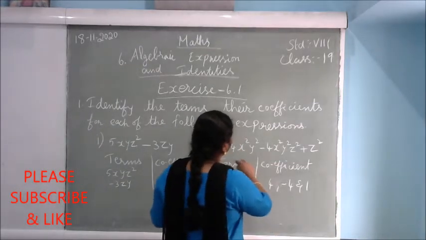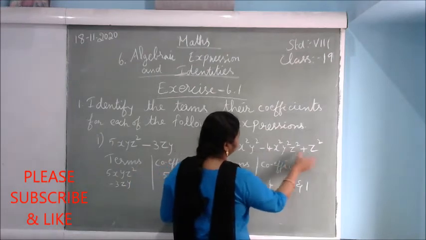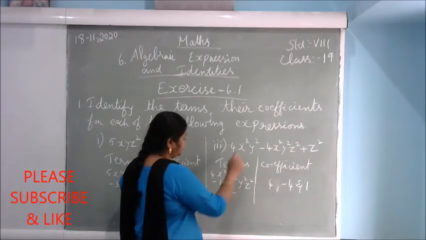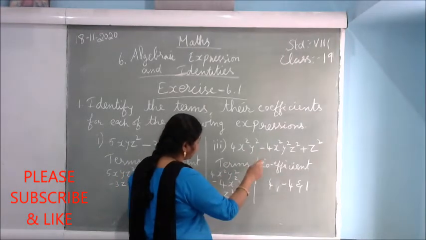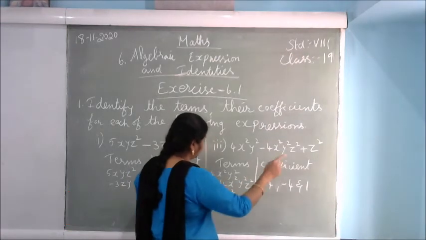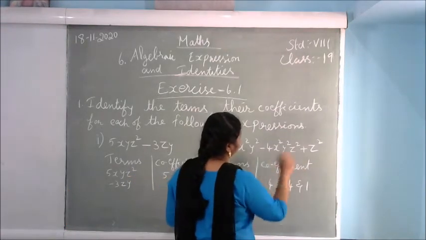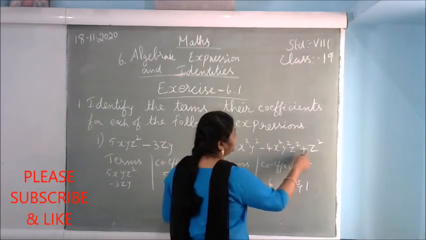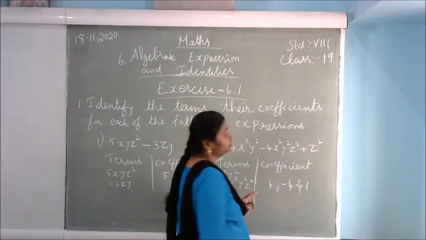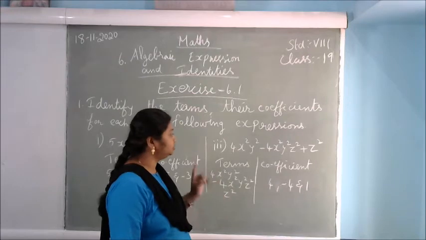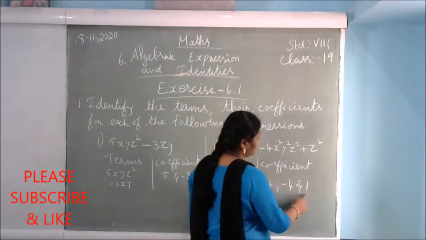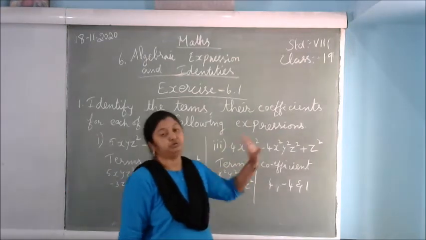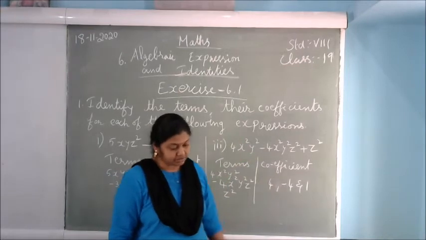Here see how many terms are there. This one is one term, this one is one term, and this one is one term. So separately you are getting 3 terms. So I wrote 3 terms here. The first term is 4x square y square. The second term is minus 4x square y square z square. The third term is z square. Then the coefficients: only the numbers you have to write. 4, minus 4. Here a number is not there, so it is 1. You have to keep 1 z square. That one only I wrote here. Okay, 4, minus 4 and 1 are the coefficients for this expression. Like this you have to do the remaining sums.